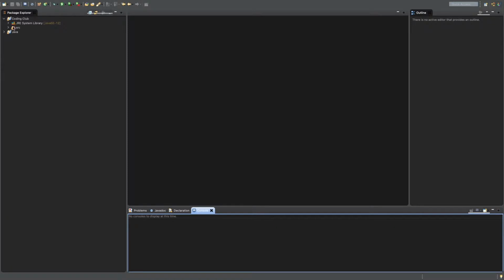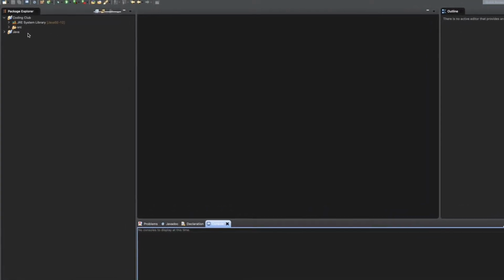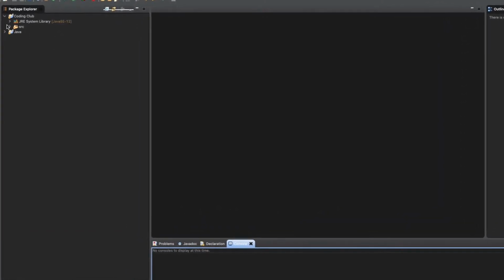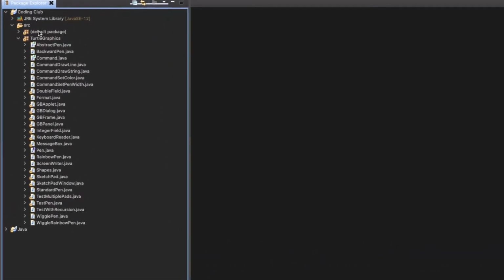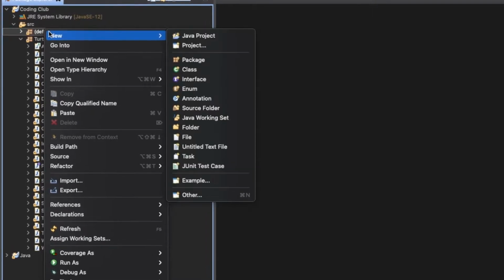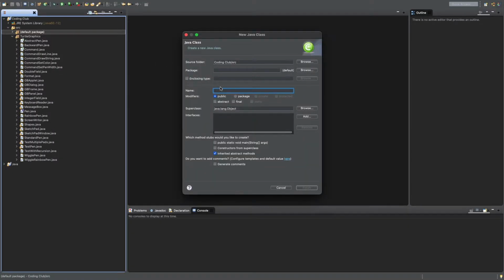So to start off, go into your Coding Club folder, which is something that you would have created in the last episode when you were learning how to download Eclipse, and go to the src, the source folder, and then in your default package, you can right-click, New, and click Class. In Class, you can name it Hello World, but I already had that, so I'm going to call it Hello World